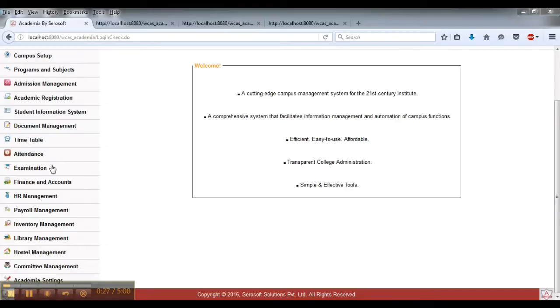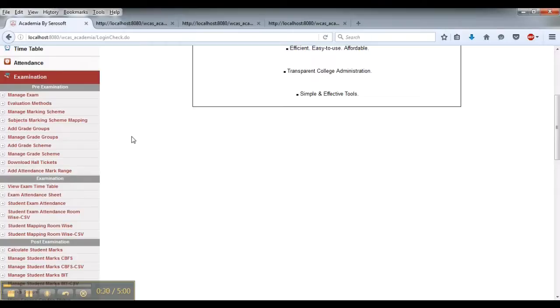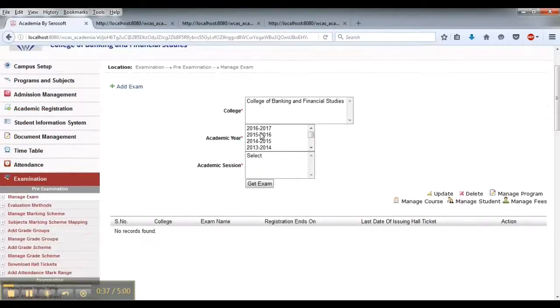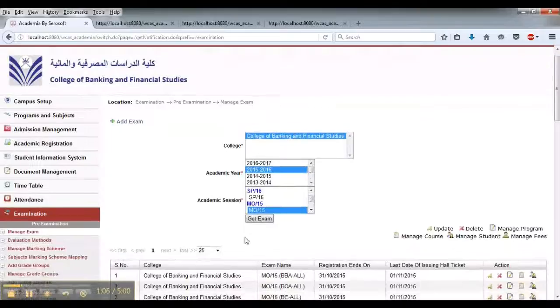Now based on the pre-configured examination that has been configured by the examination department, the examination controller can manage the examination for a particular student, and a particular student can appear in this examination based on the decided criteria. As soon as you click upon manage examination, you can decide for which particular academic year and which academic session you want to conduct the examination, and once you click upon get examination, you would be able to see the examination which has been configured for this particular academic year